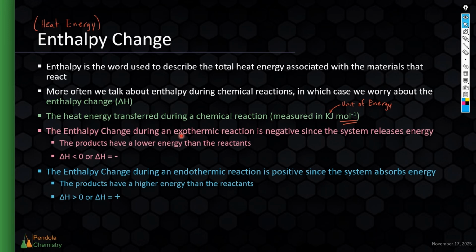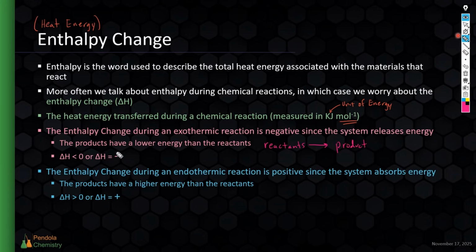The enthalpy change during an exothermic reaction is always going to be negative, since the system itself is releasing energy. So delta H for an exothermic reaction is below zero, or negative. And that's because the products have lower energy than the reactants. So during an exothermic reaction, one of the ways we can see this is that if we have the reactants yield the products,